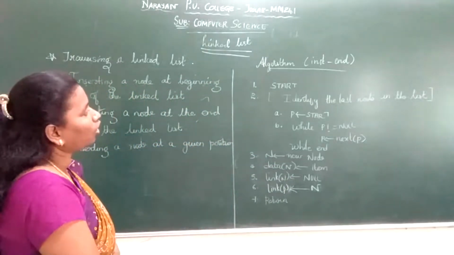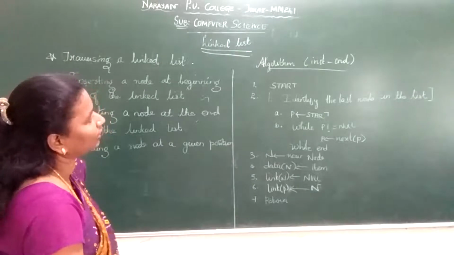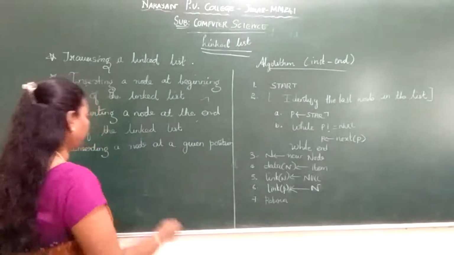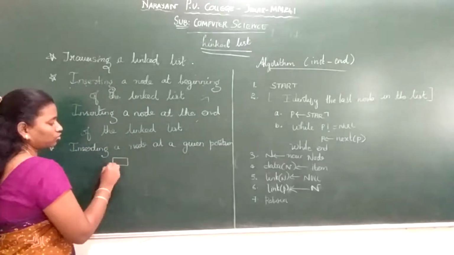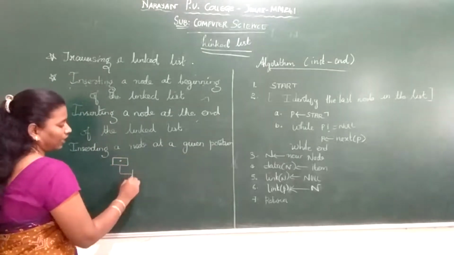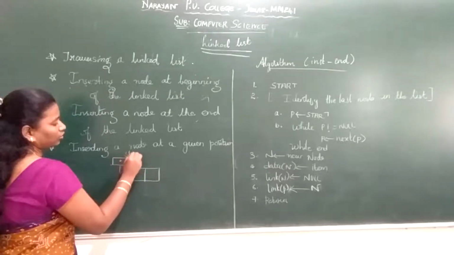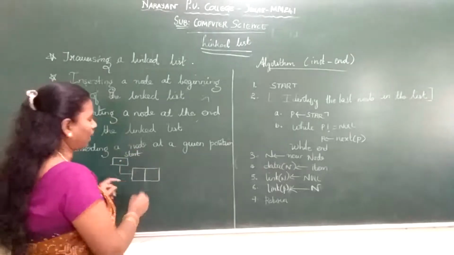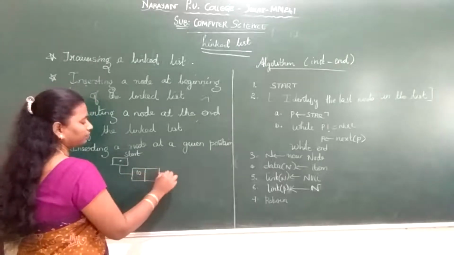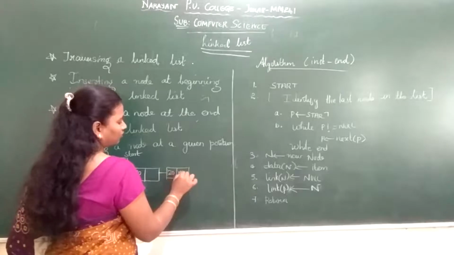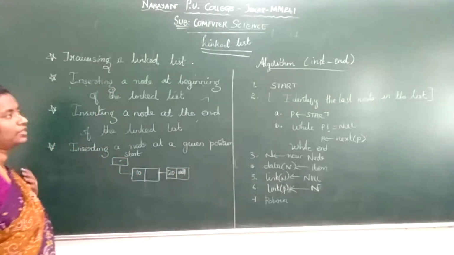This is an algorithm to insert an element, or the item, at the end. When we consider a linked list, first it starts with a start node. We know that start will contain the address of the first node. So this is the beginning. Imagine I have inserted 10, next I have inserted 20. Imagine I have only 2 nodes. I have maintained the last link as null.